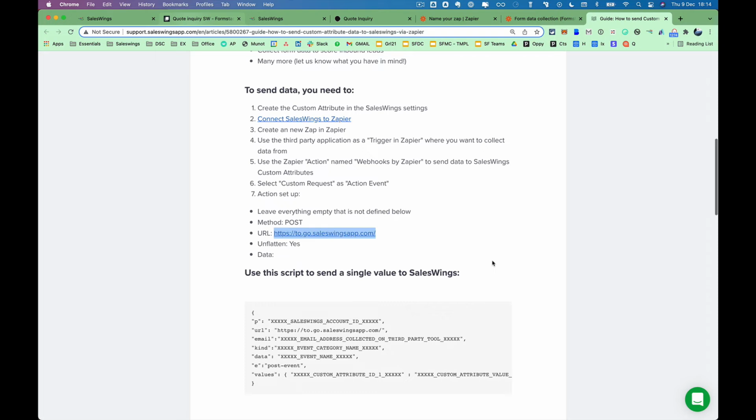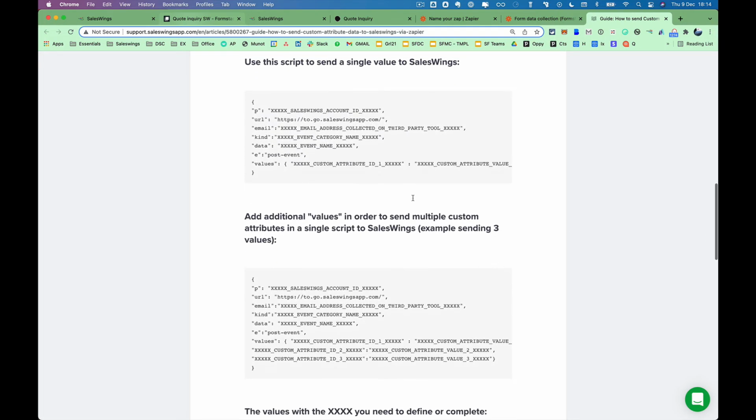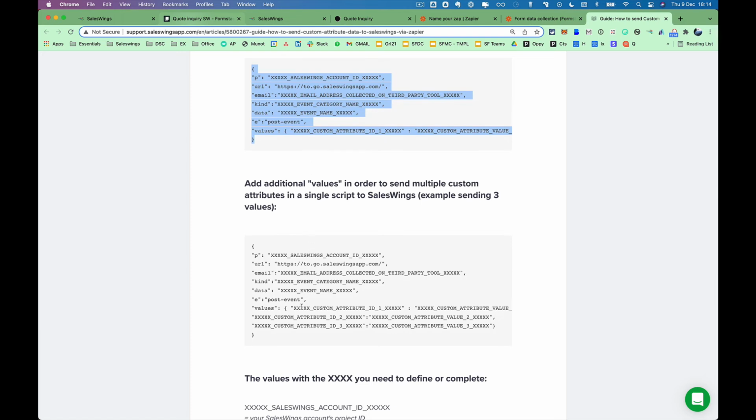For the data, you can use our standard scripts. You can either decide to send a single event and data to SalesWings, or you can send multiple data points in one. There are different benefits of using one or the other, and we'll cover this in a separate video. In this moment, we want to bring all the data from this web form into SalesWings conveniently in a single step. So I'm going to copy this code